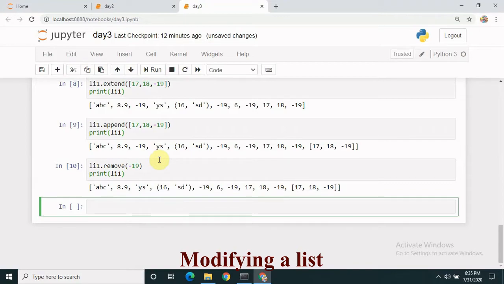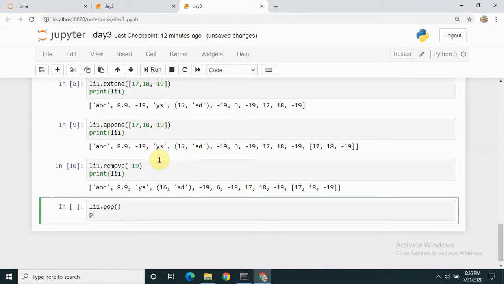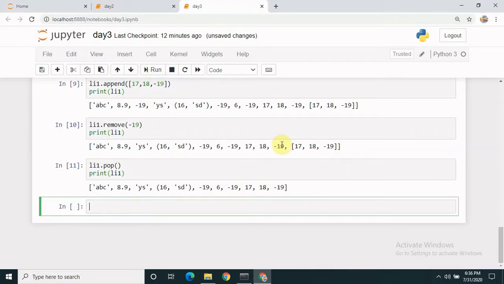Another function which is capable of removing elements from a list is pop. So we say li1.pop(). Pop by default deletes the last element.